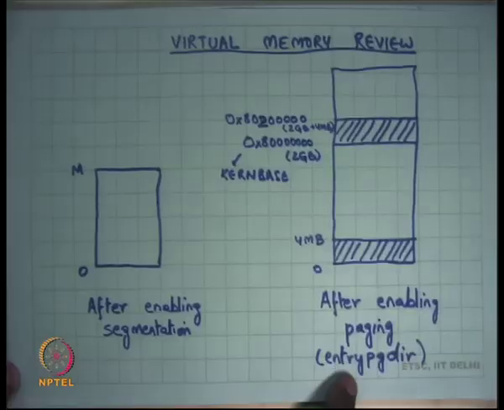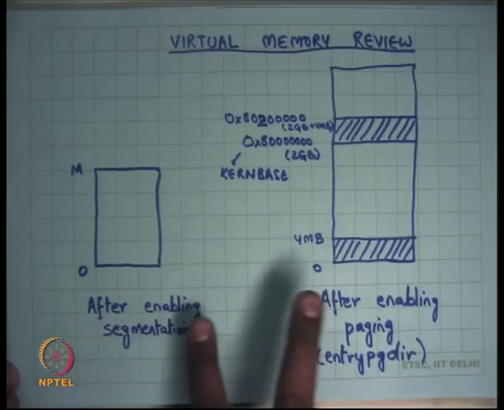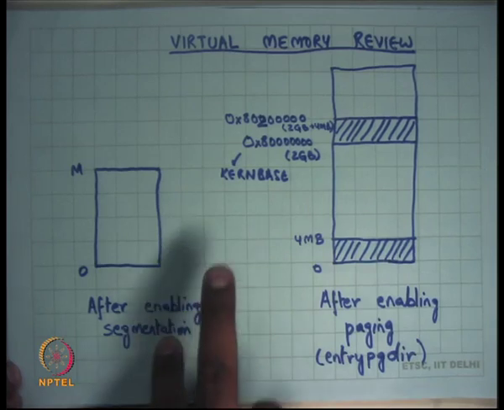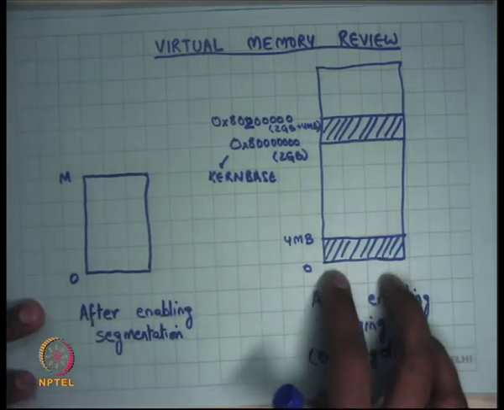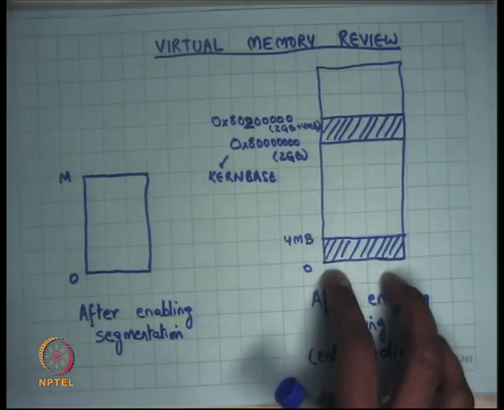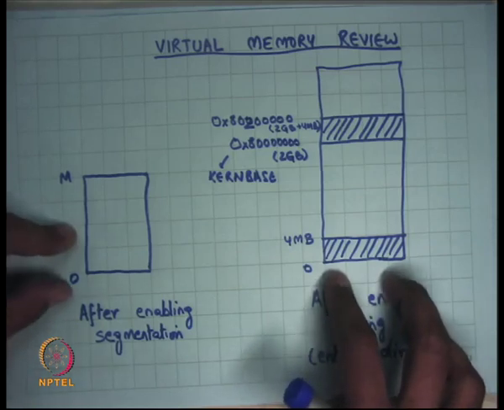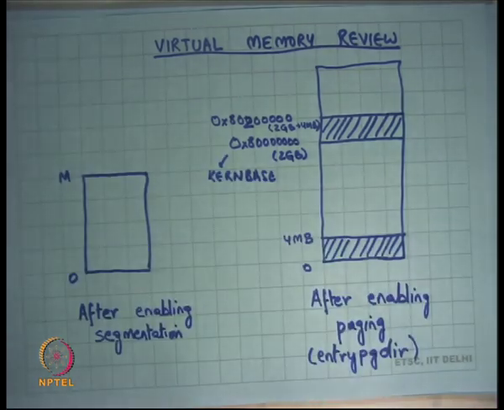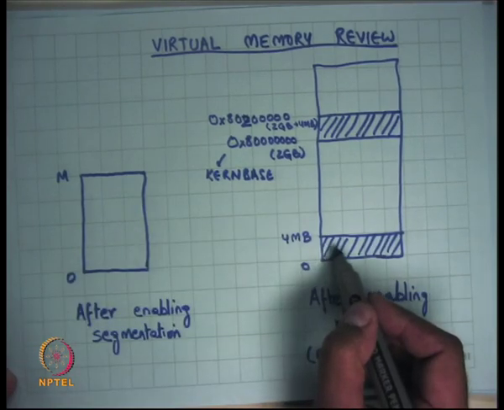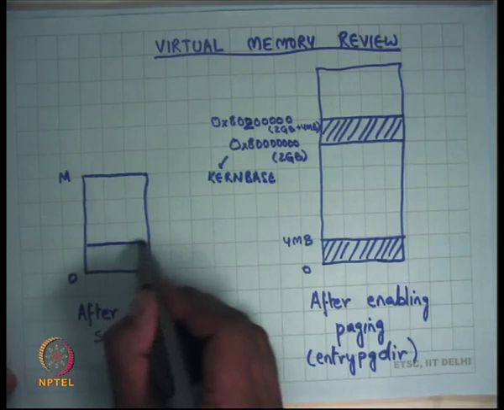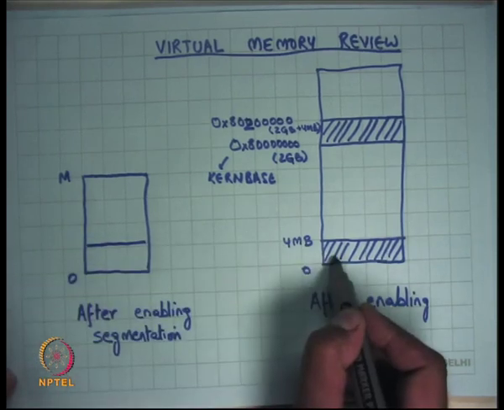So that's how the entry page directory was configured, and so the entry.S code just switches from this address space to this address space as soon as it sets up CR3 to point to entry page directory and enables paging. Suddenly I'm running in this address space. Recall that the entry.S code itself was living in less than 4 MB, let's say from 1 MB to 2 MB, so the EIP and ESP still remain valid, because the addresses from here are identical here, 0 to 4 MB.